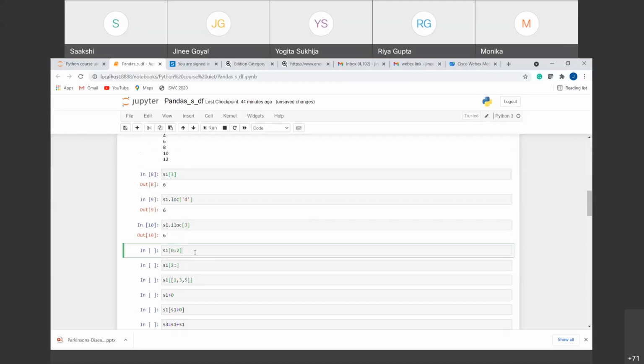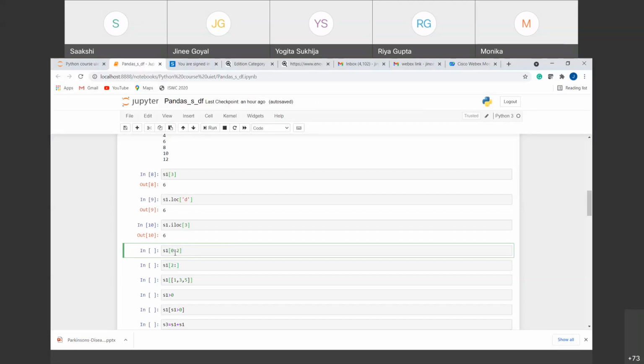So next is the slicing inside of a series. Suppose now we know how we can traverse through the whole series. We also know how we can get a single value out of a series. Now suppose we want multiple values out of the series depending upon the range we are providing, right? For that, you first of all have to use the square brackets. Inside that, you have to define the starting range and the ending range. Suppose I want the values starting from the 0 index up till the second index, where the second index is not included. So the upper value here is not included.